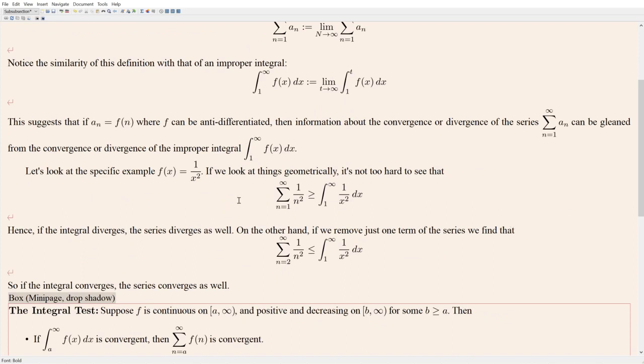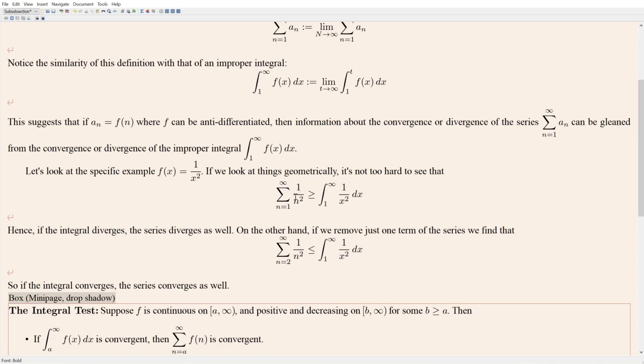Okay, so let's look at a specific example. Let's look at f of x equals 1 over x squared. And we're going to look at this geometrically. So in particular, if we take the series where the terms are given by 1 over x squared, so 1 over n squared in this case,